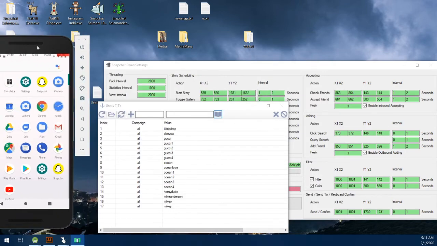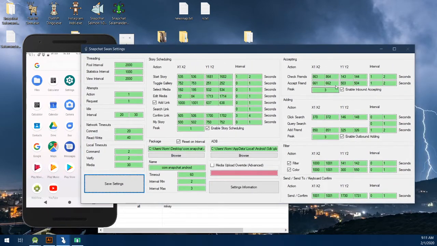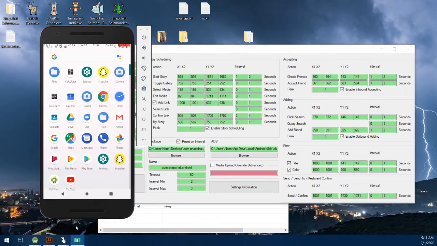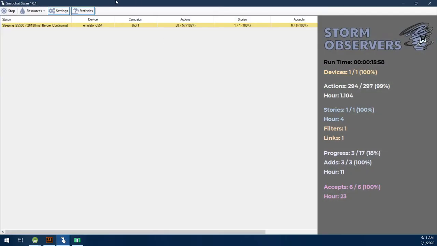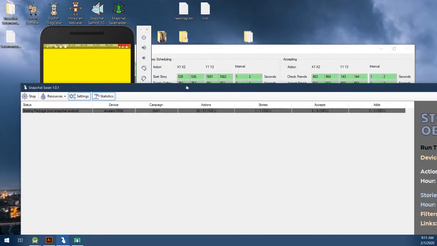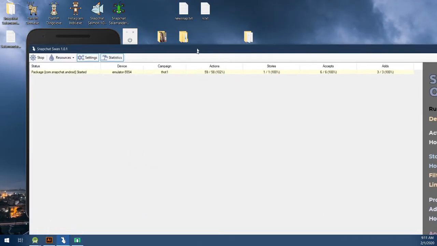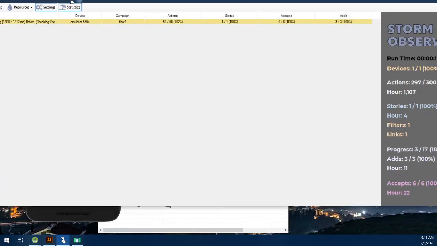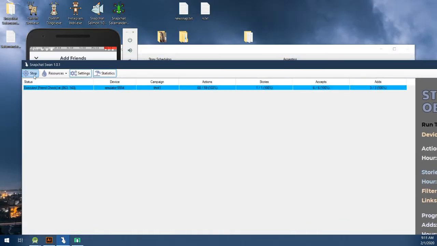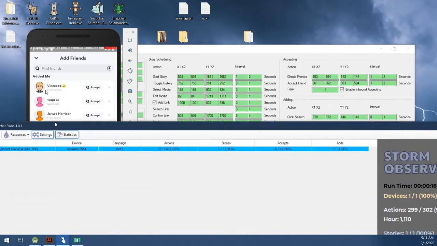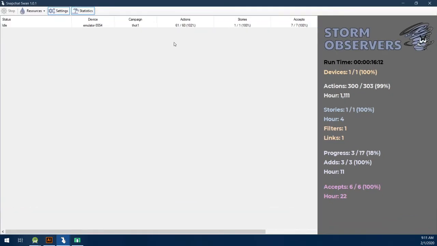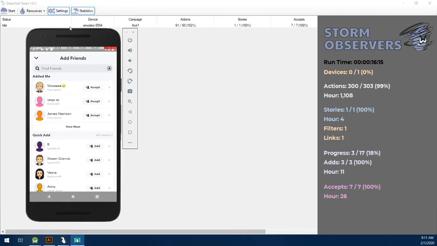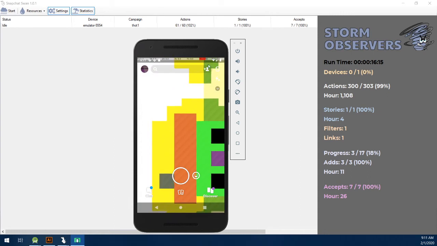I may make an update so that Snapchat resets, but you can see it did its thing. So yeah. Alright, so that's how to set it up and use it. I'm going to be making some more videos here on how to use other things that'll help assist you with this tool. One thing I want to go over just real quick that I forgot to mention is on Snapchat,